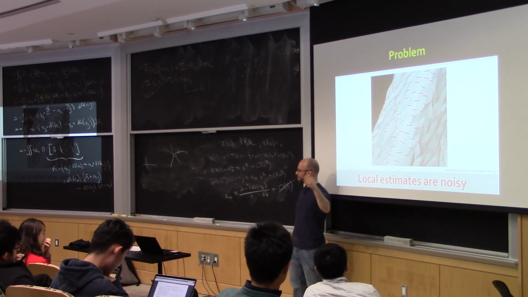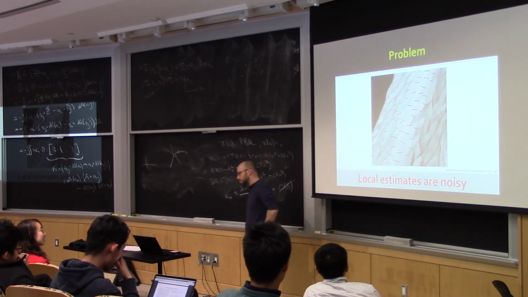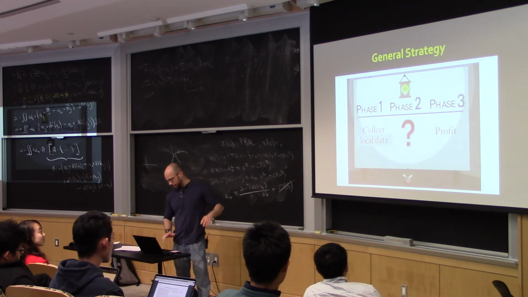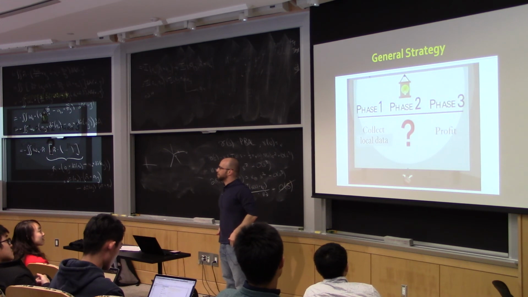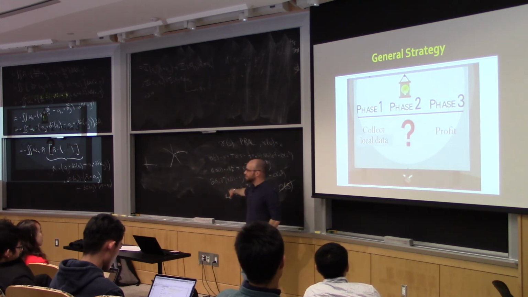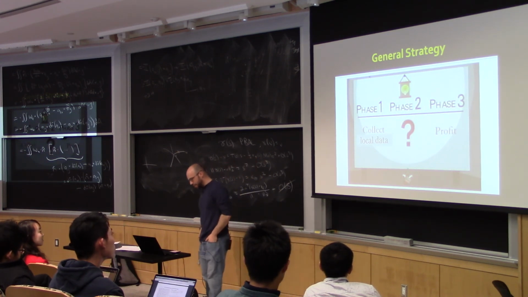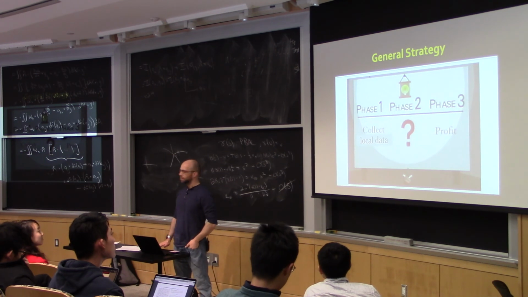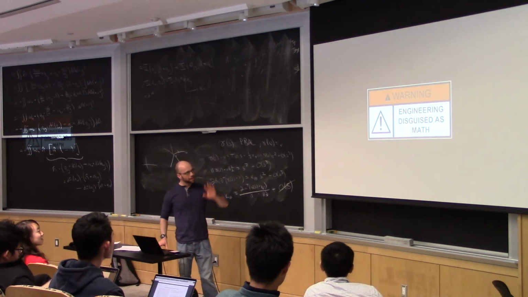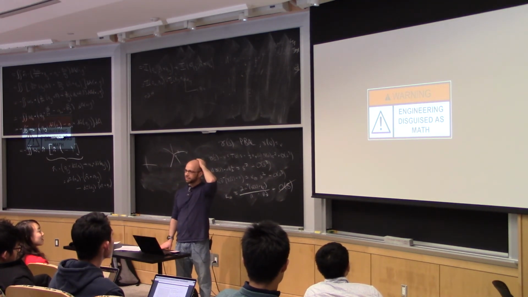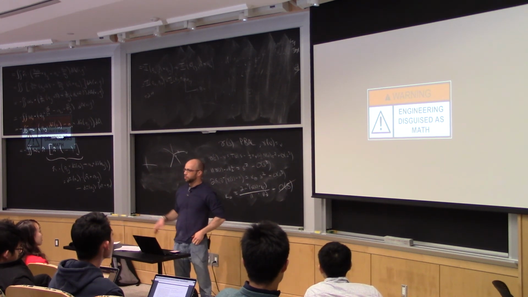There are any number of ways to think about why this is a hard problem. But this is the basic algorithm that's out there, and there are many different approaches. They all look something like this, where you collect some information in some ring of a vertex, you apply your favorite formula from differential geometry with a squiggly equal sign somewhere, and then out comes some approximation of curvature. And indeed, these are all perfectly reasonable models, so long as your meshes are extremely dense. The way I classify these is this is really engineering disguised as math. You read these things and they have Taylor series and so on, but there are a lot of engineering decisions going into what formula you chose.